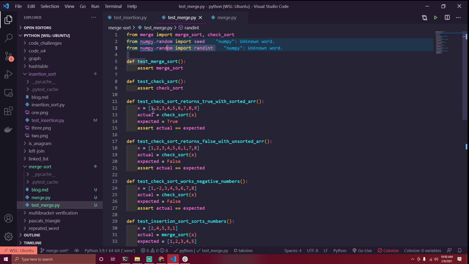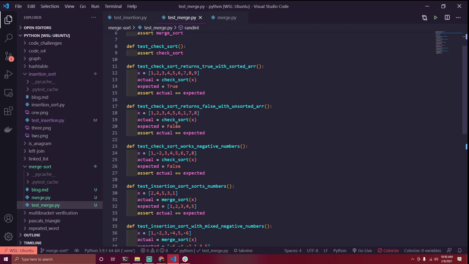These tests check to make sure that check sort works. This is a sorted list, and we expect it to return true, which it does, so that test is passing. This one should return false because there's a 1 here and a 1 here. So the current previous in that function would be 6, and if 6